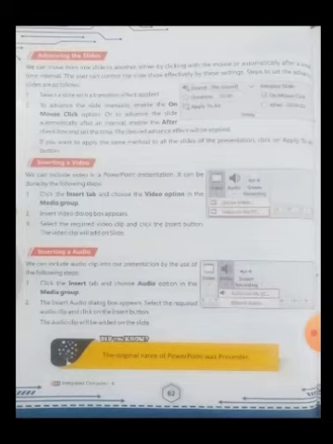First thing, important thing that I want to tell you all, the original name of PowerPoint was Presenter, because it's presenting all the things in front of us. That is why its name was Presenter. Now it's PowerPoint because it has many features that were added after that. That is why its name is PowerPoint presentation.